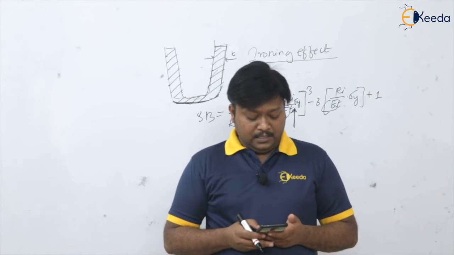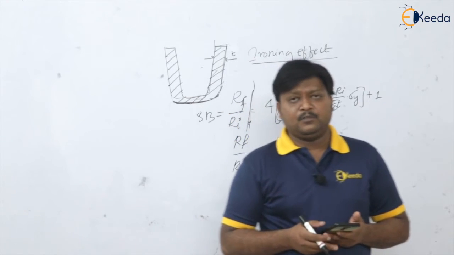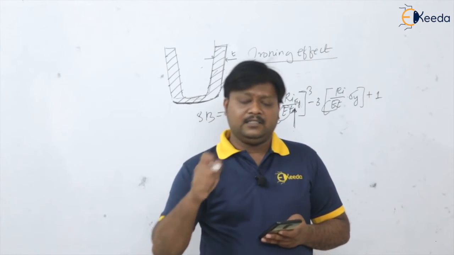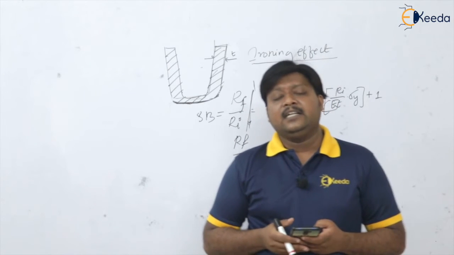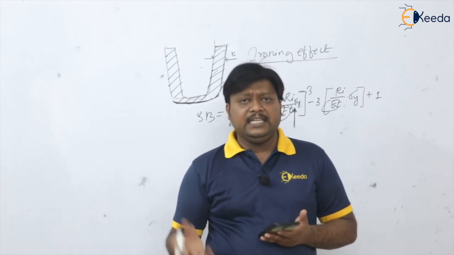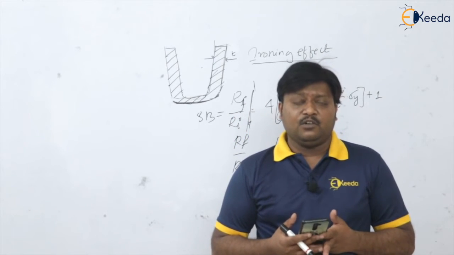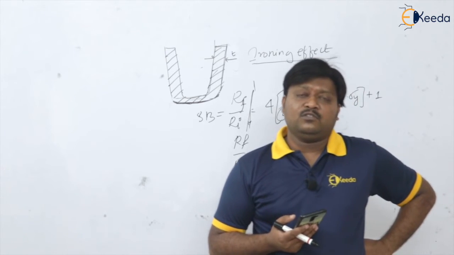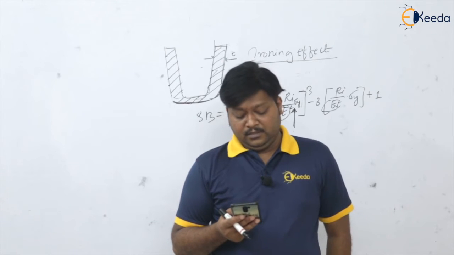Next question. The function of the draw bead in the deep drawing operation is... we know for what reason we are making these draw beads, that is semicircular grooves on the flange portion of the die. So to eliminate the wrinkling defect. We have seen the remedies for removing the wrinkling defect. One is we can use the blank holding force, or second we can have the draw beads.